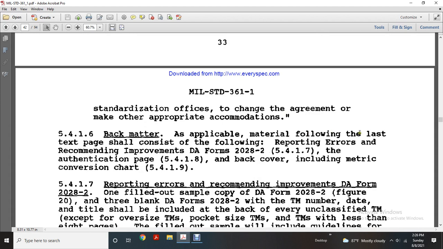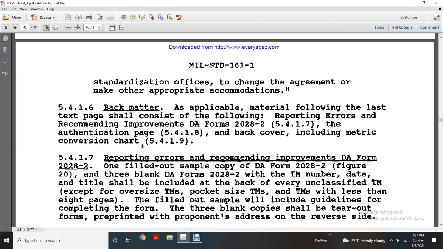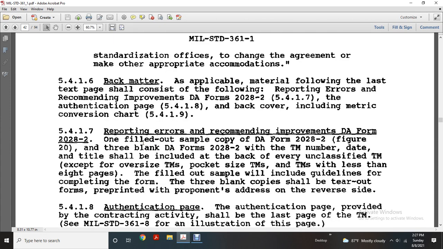Back matter is applicable to the material following the last section of the page, and consists of the following: reporting of errors and recommended improvements on DA Form 2028-2, the authentication of the back cover, including the metric conversion chart. Reporting errors and recommended improvements on DA Form 2028-2: one filled-out sample copy of DA Form 2028-2, figure 20, with three blank DA Form 2028-2 forms with the TM number, the date, and the title shall be included at the back of every unclassified TM